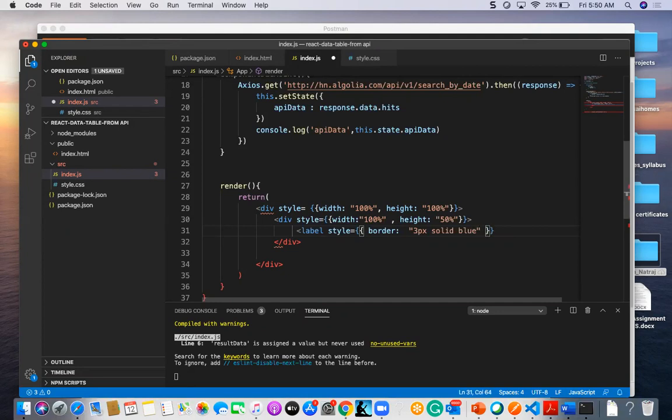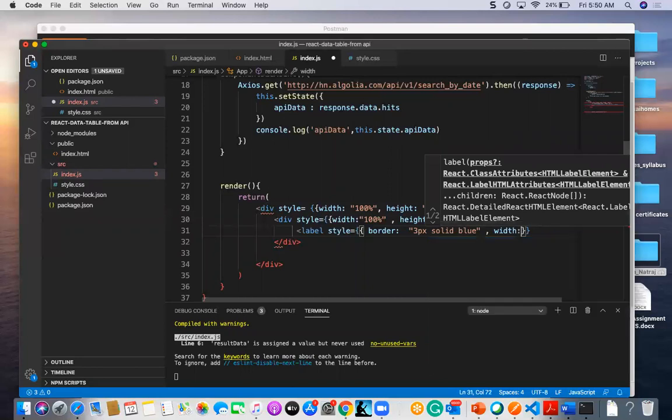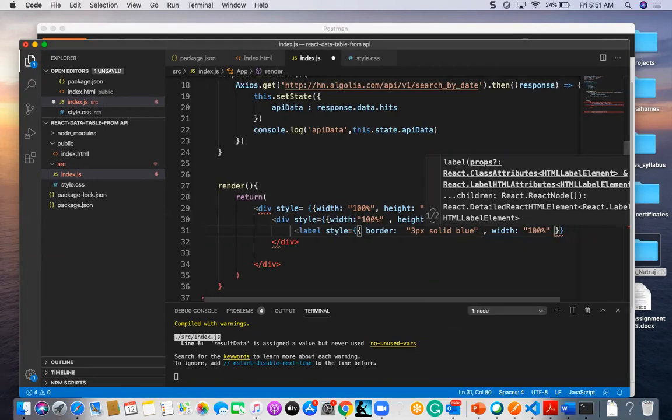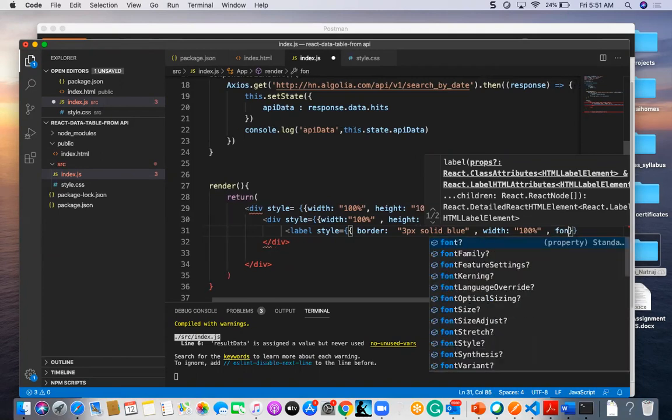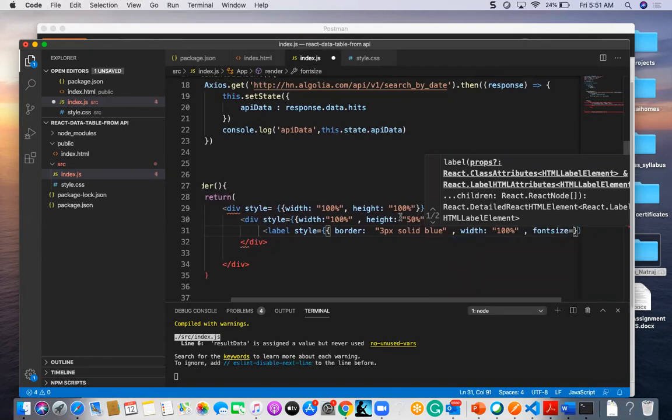Solid blue, and width 100%, and the font size.